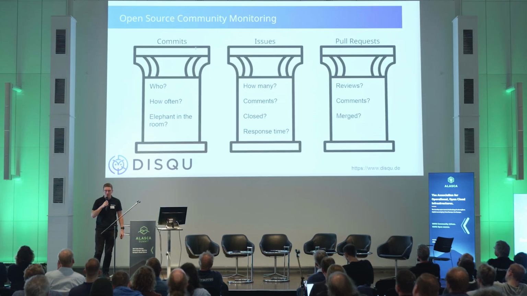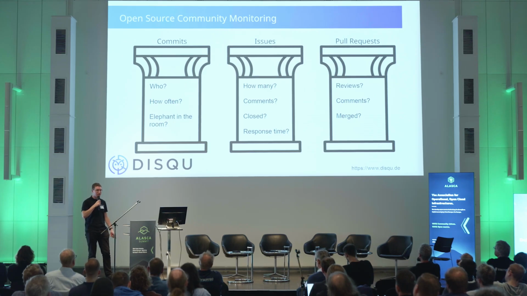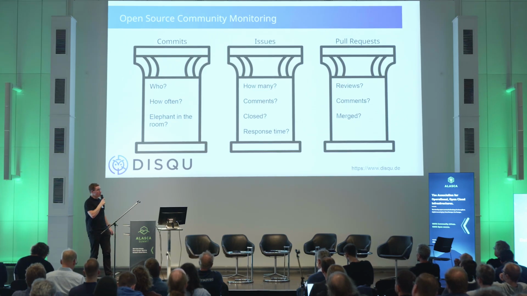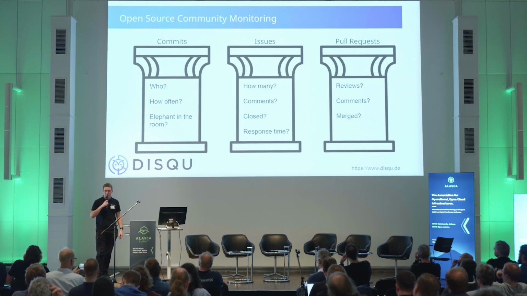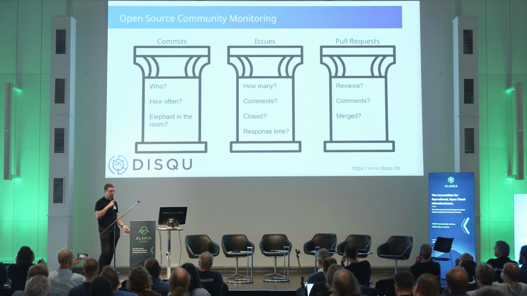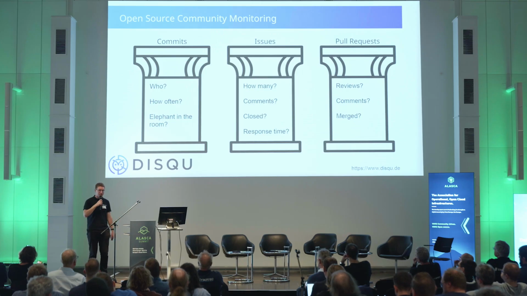So what metrics are we taking a look on? The first pillar we are building on are the commits, because there we see how the code was developed. Who developed it, so which person, but also to which organizations those persons belong, because maybe all the committers are from one company, and then this might also be a dependency. But also, how often are commits done, and is there an elephant in the room? If only one person is doing all of the commits, and only this person has the knowledge about the project, this is also a dependency, which might escalate very quickly if this person, for example, has an accident or just no longer